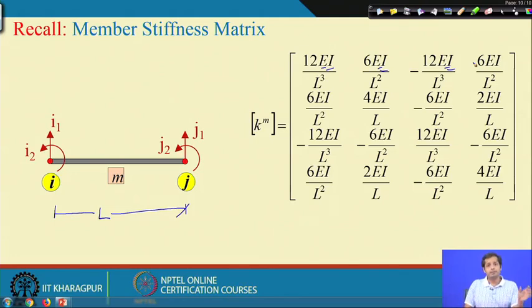Once you have the stiffness matrix for all the members, then assemble them to get the global stiffness matrix, apply the boundary conditions, partition the matrices, and then solve for unknown displacements. Once you have the unknown displacements, next you calculate the joint reactions and member forces. But when you calculate joint reactions and member forces, there will be two contributions: one contribution from the fixed end action, another contribution due to the deformation of the beam. Okay. So, this is the matrix method of structural analysis for beams, and it is demonstrated through an example.